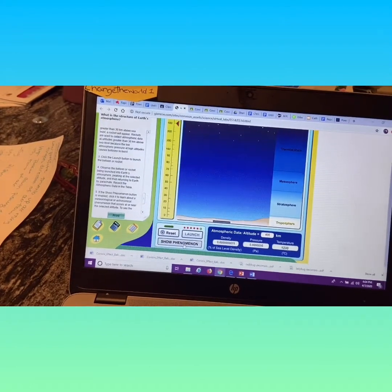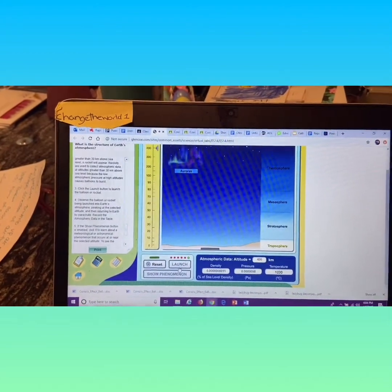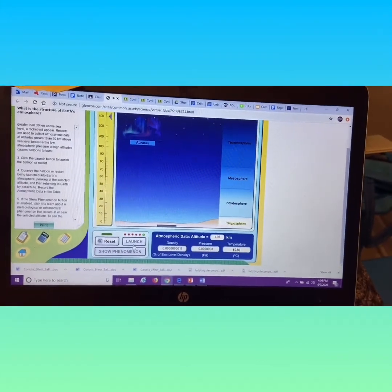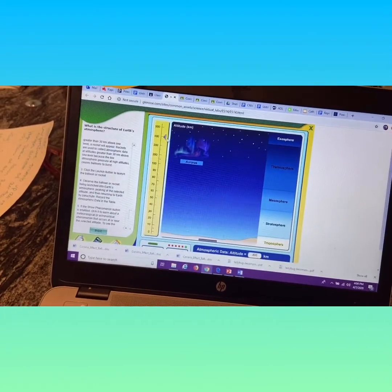Auroras are brilliantly colored flashes of light that occur when solar flares from the sun create magnetic storms near the poles of the Earth. Auroras are sometimes called the northern or southern lights. Cool, huh? So if we drag it back down...